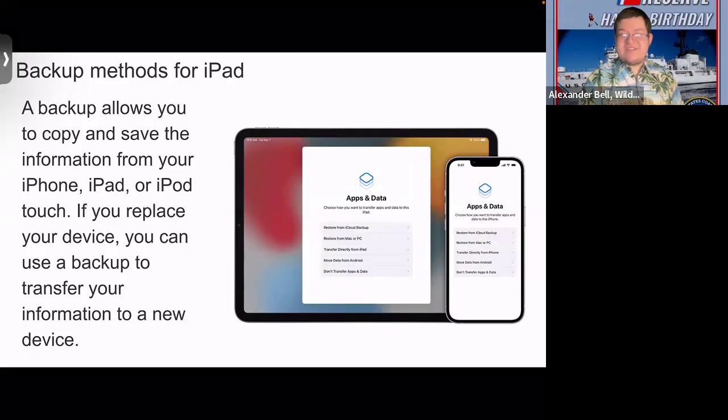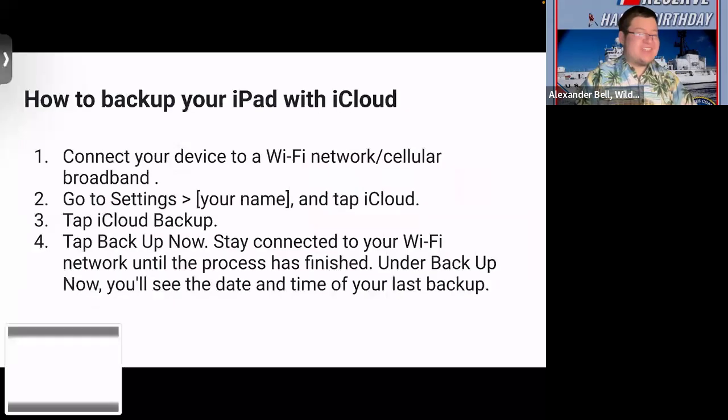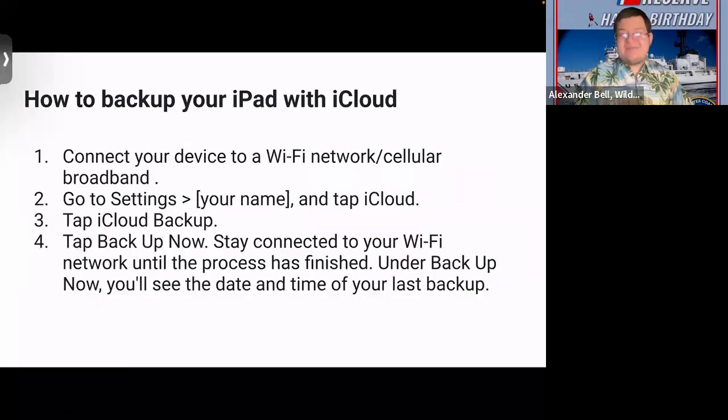Yes, Miss Donna, the steps. So again, for backing up your iPad, it's also in the chat as well. So make sure you take a look at the chat. But I'm gonna go right here. Make sure you take a screenshot as well. Again, your home button and power button. Okay, that's how you take a screenshot as well. Or you can take a screenshot of the chat. Either way,